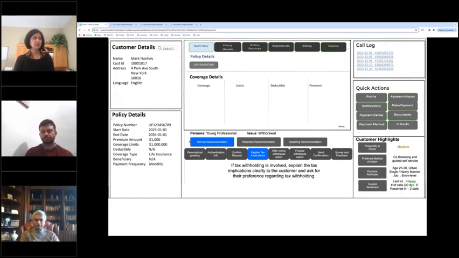So we have seen so far how these different 5 or 6 AI models are working in the back end, looking at the call transcripts and customer metadata, and generating insights, recommendations, and predictions, which are plugged into the agent dashboard, thereby enabling the agent to work better, feel more powerful, be equipped with the knowledge to handle the calls, and thereby this helps to empower them and reduce agent attrition.